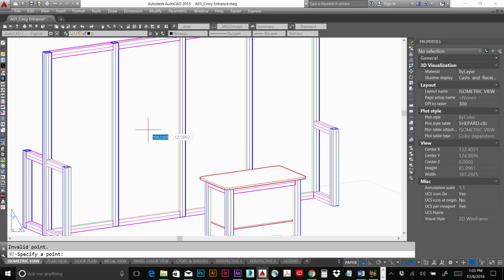With panels it's not going to have one, so if you click on it, it may say invalid point, specify a point. Just click again anywhere in it and it'll automatically come up with a bubble for it. Now on this next part, if you click where you want it and the next option will say specify a second point,